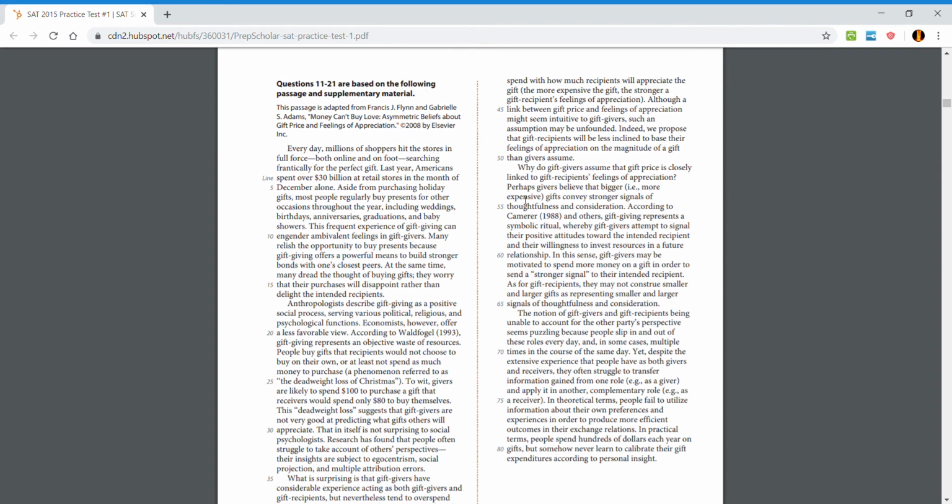So if we go back, perhaps givers believe that bigger gifts transport stronger signals of thoughtfulness and consideration. As you can see, putting transport inside doesn't really make any sense whatsoever, and definitely gives off a different feeling than convey. The next answer choice would have been,